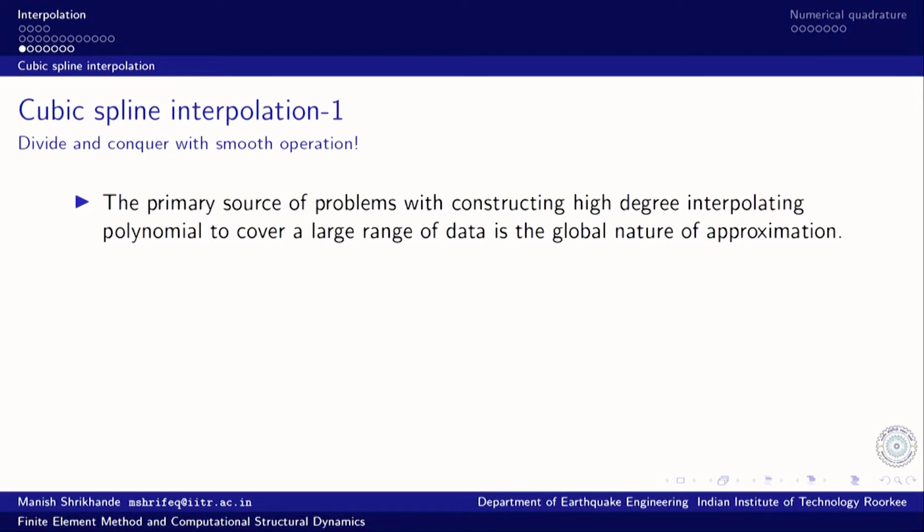With the roots of Chebyshev polynomials, we saw that they provide a very nearly optimal location of nodes, and the oscillation between the nodes of the interpolating polynomial is very much under control,